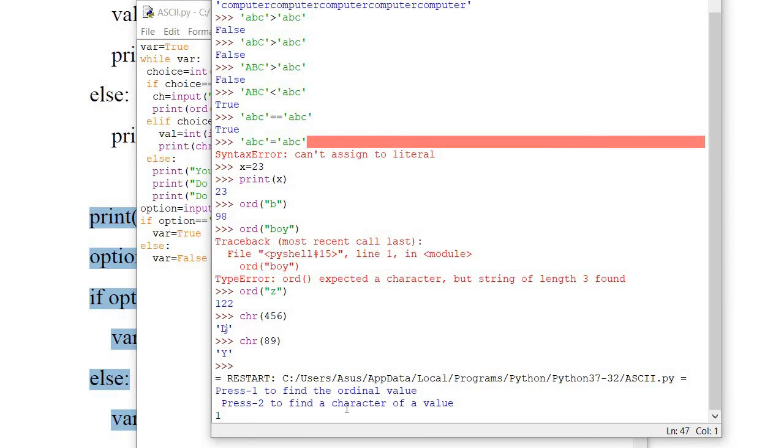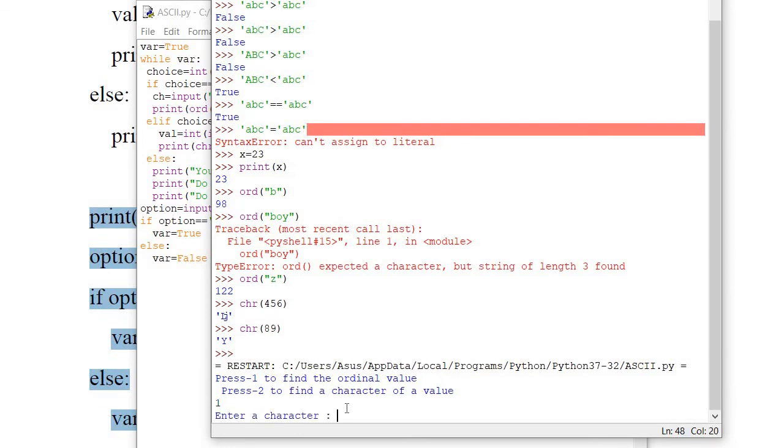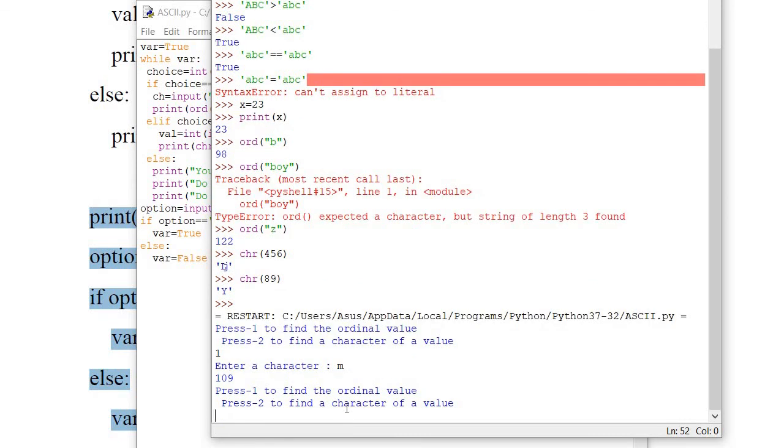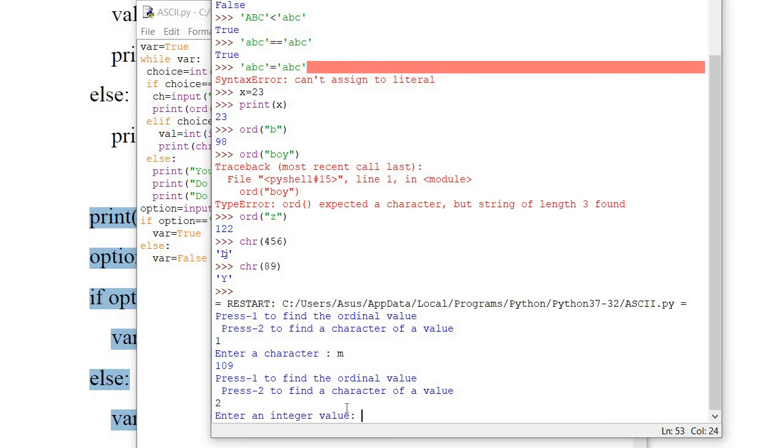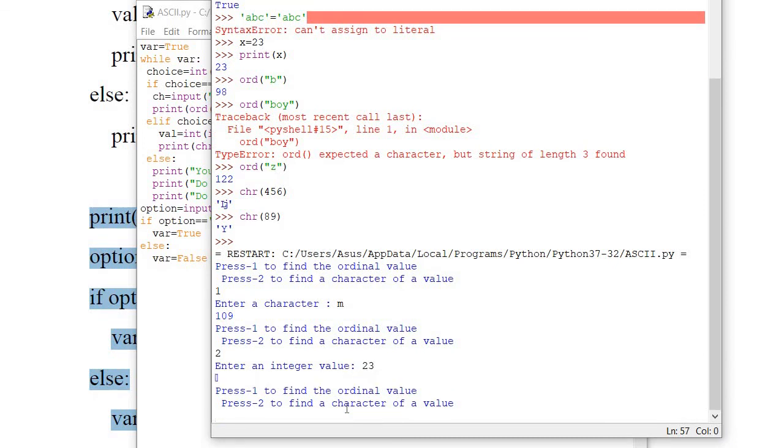If you press 1 here and then enter, and enter any character, say m, it gives the value of small m as 109. If you want to continue, you can press 2. Now for 2 you have to give an integer value, like I will give 23.